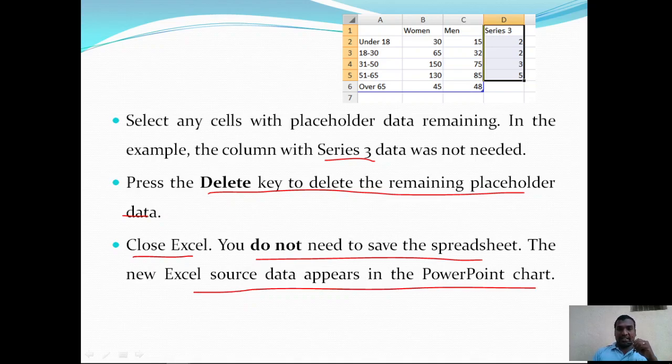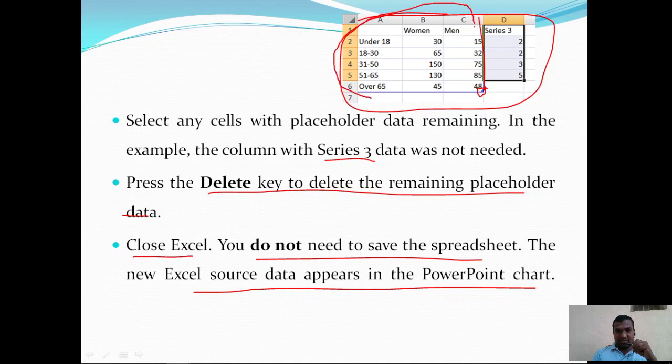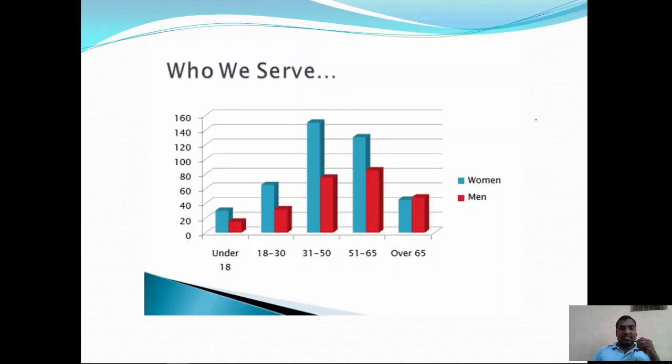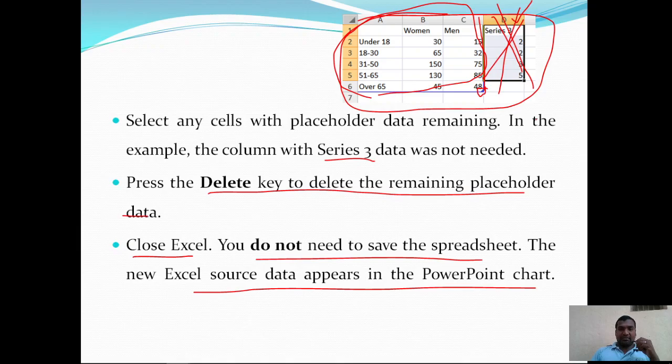Okay, so whatever data you have entered here is going to appear, and the blue lines are here. This is the vertical line and this is the horizontal line, and this data is going to be included in the chart, and this is automatically going to be deleted. If you want to delete this information permanently from the data source, select this particular column and click on delete. It is going to be deleted from the spreadsheet. So this is the chart diagram for this particular data.